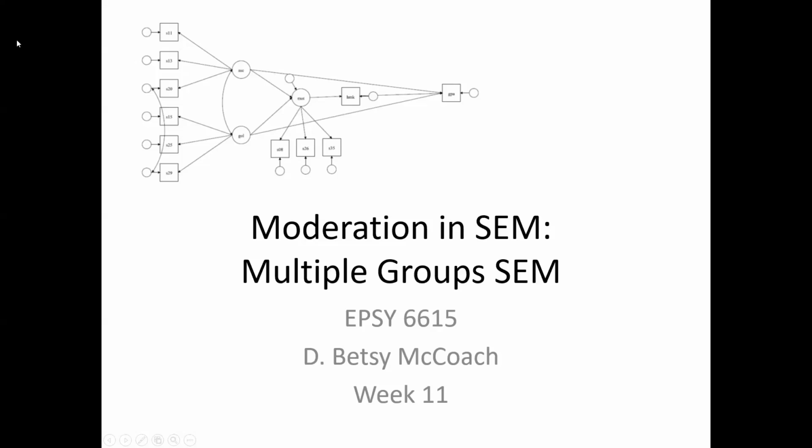If they're not nested, you can't do a chi-square difference test. That's right. But just because you don't have nested models doesn't mean that you can't make some sort of a decision about what models are better or worse, right? It is true that you can't make a decision about which model to pick with a chi-square difference test if you're comparing two non-nested models, but you could have two non-nested models and still have an opinion about which model you think is better, right?